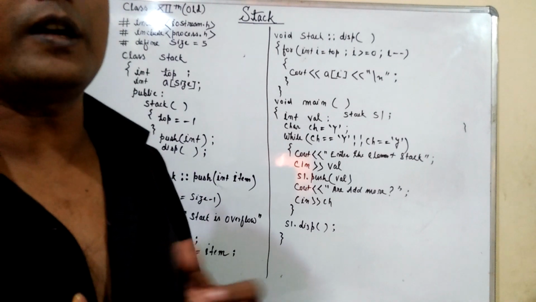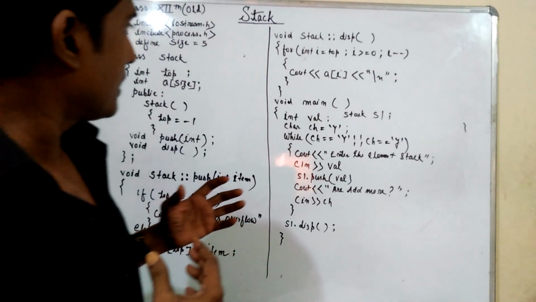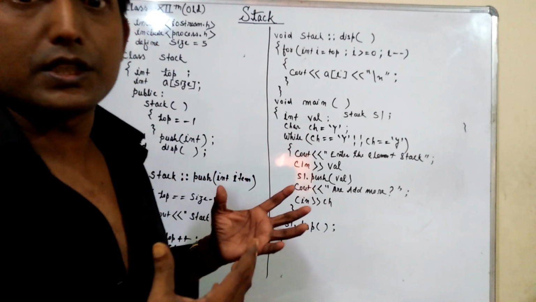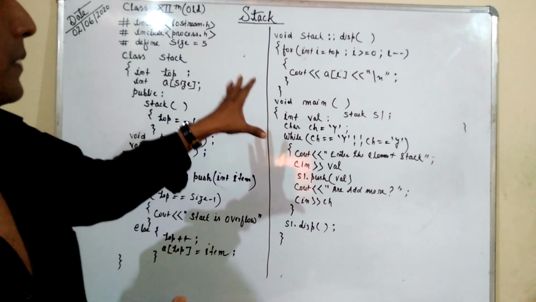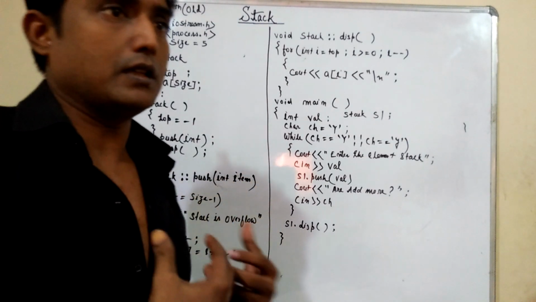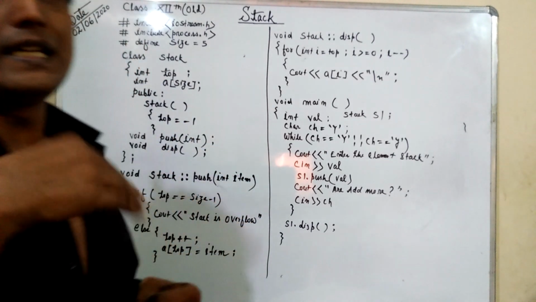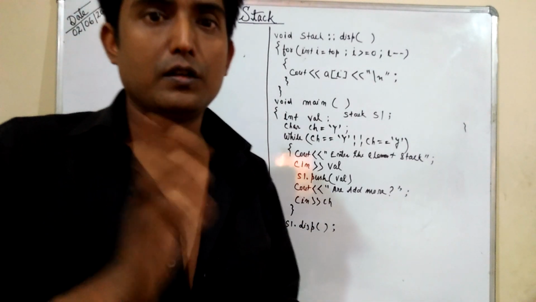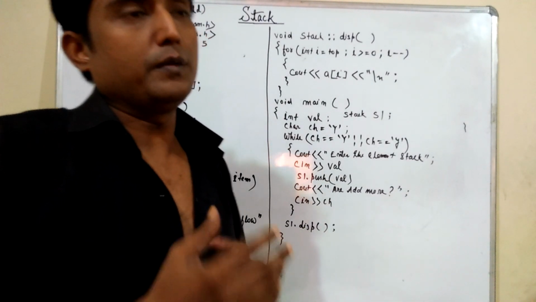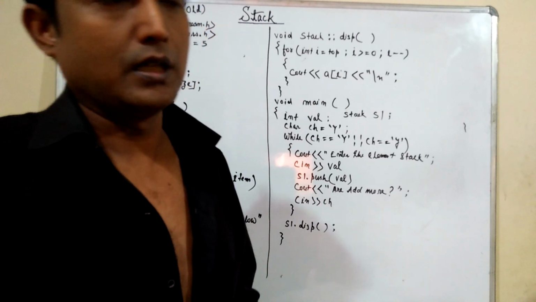It's a quite important technique in every high level language. It will always be implemented in a high level language. This is the one kind of mechanism through which we can insert the element in such a way that the last element will always be on top, and it will work in a LIFO method, last in first out.